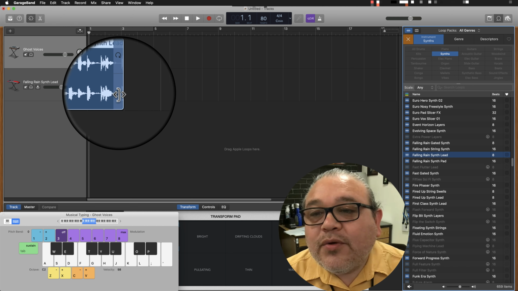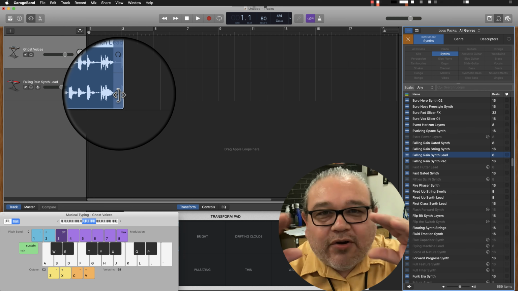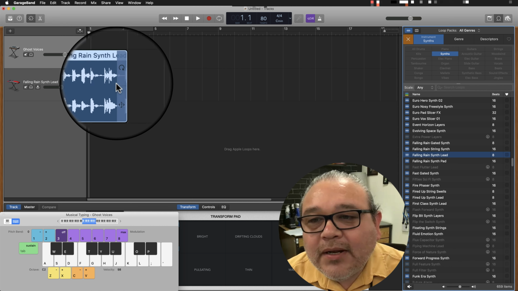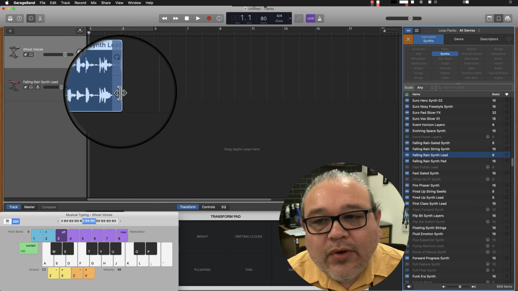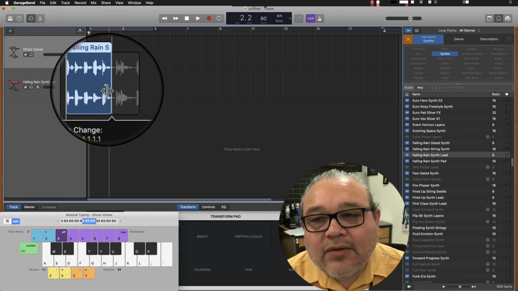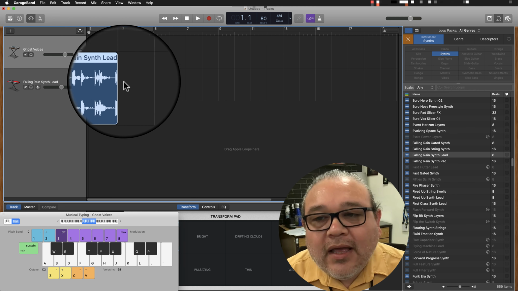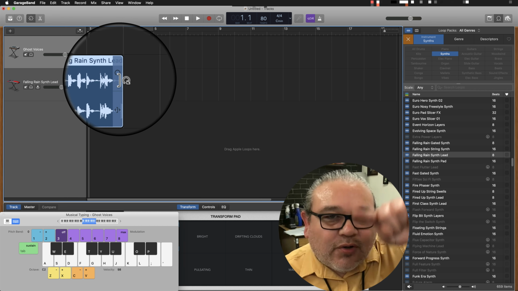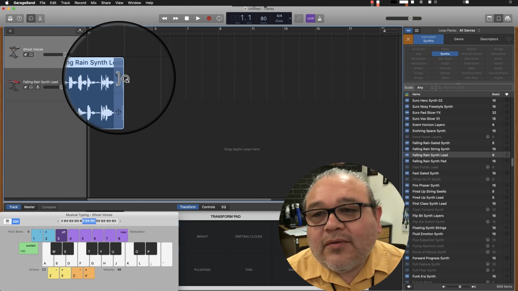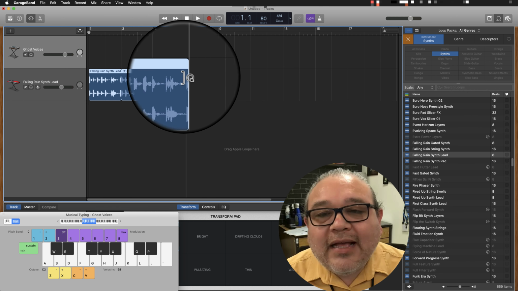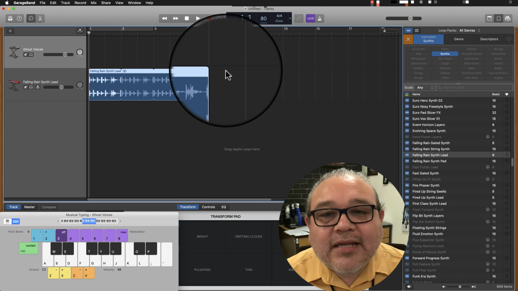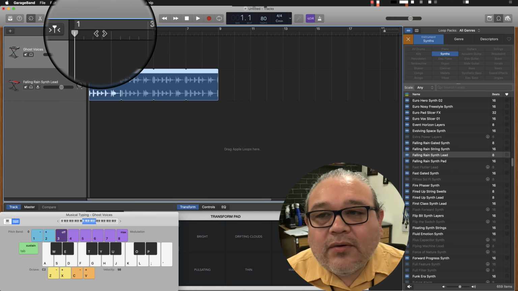And then there's another one that has two triangles, like greater or less than, at the end. Depending on what you hover, the bottom one will be trim. The one with the greater or less than will be trim, so you can cut down the loop or not. And the one that has a little circle with the arrow, that's the loop, right? So if you click that part and pull it out, it automatically duplicates the loop as many times as you want. So I hit play,